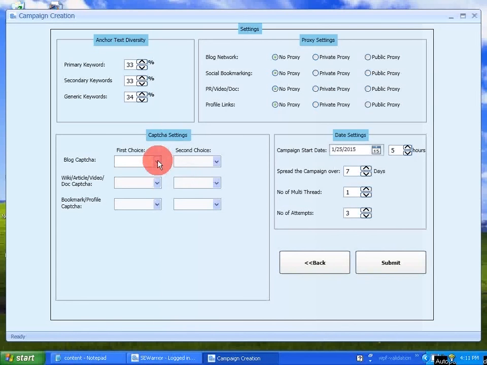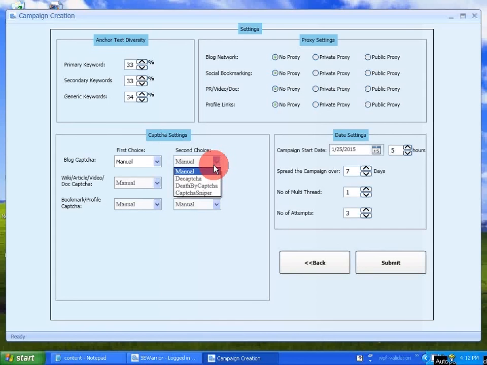The software supports 3 services, and you can choose manual if you want to enter the captcha yourself: DeCaptcha, Death by Captcha, and Captcha Sniper. You have to have an account with DeCaptcha and Death by Captcha, and for Captcha Sniper, you have to install that software. For this, I'm just going to give manual.